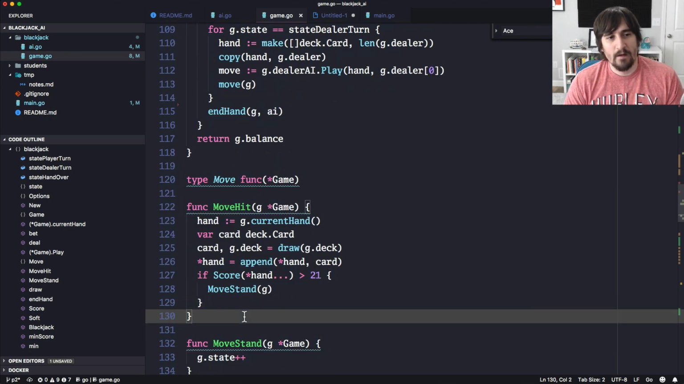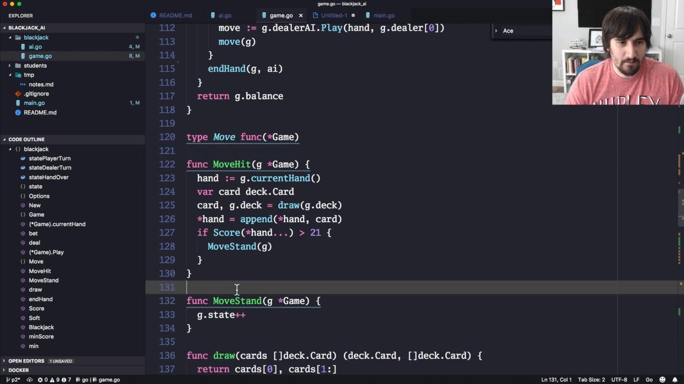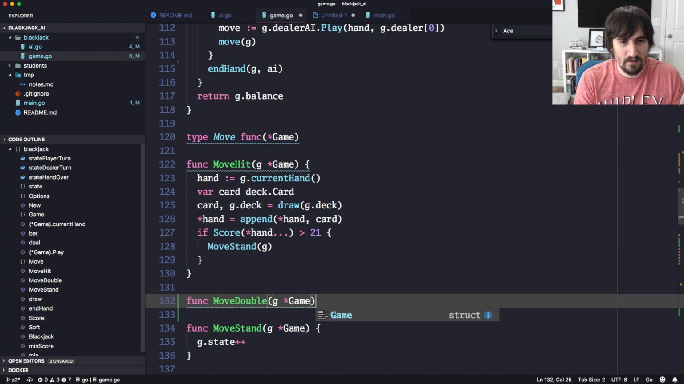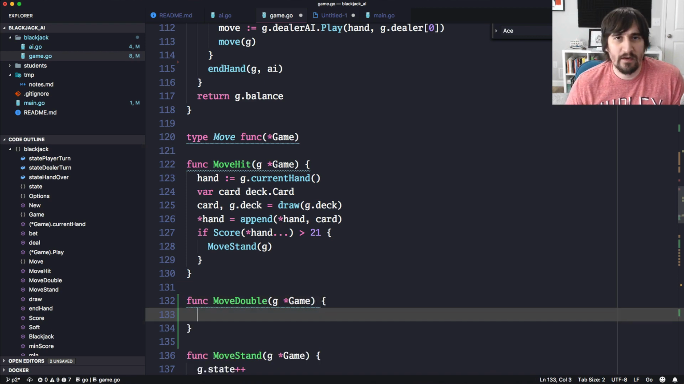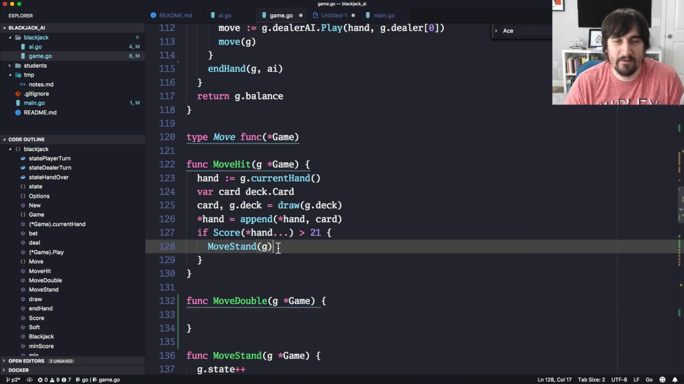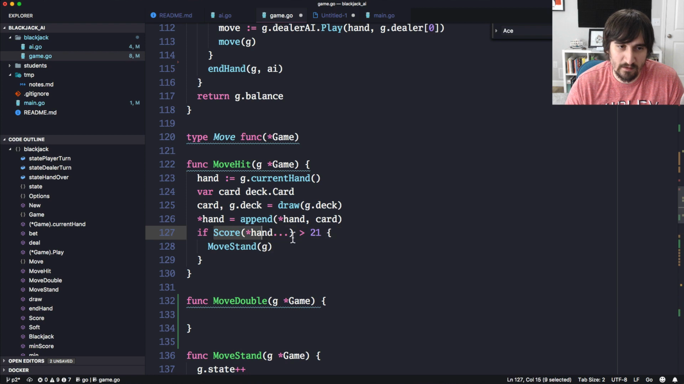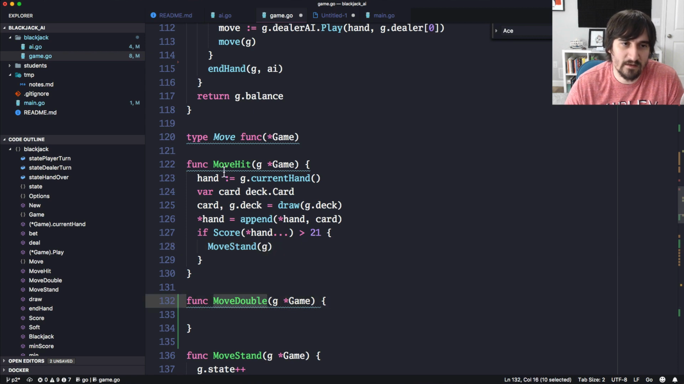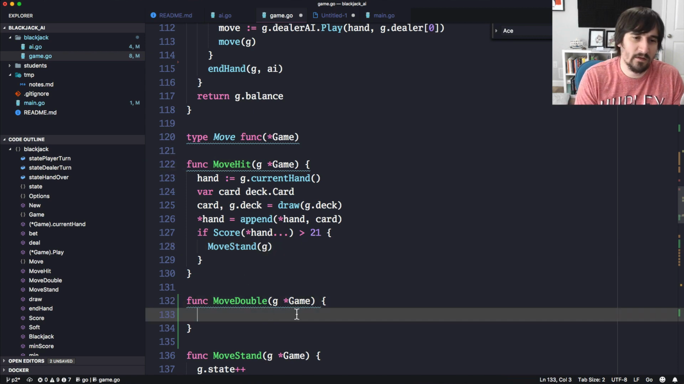So this one's a little bit tricky because I think I mentioned this earlier. When you double down, you're basically saying hit and then stand right afterwards. Well, what we don't want to do is have them hit, have them bust, have their score go over 21, and then have that cause them to double stand. So if this is calling stand and it's calling move hit, because realistically what this is going to be is